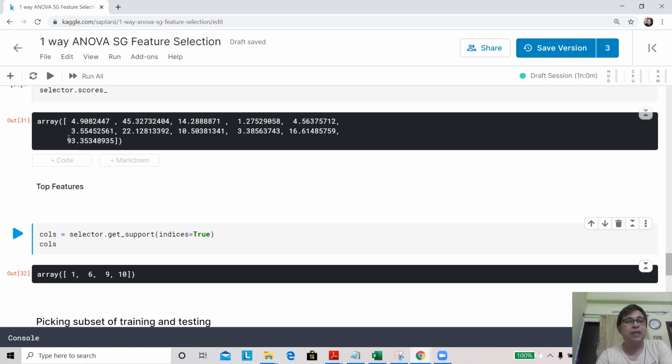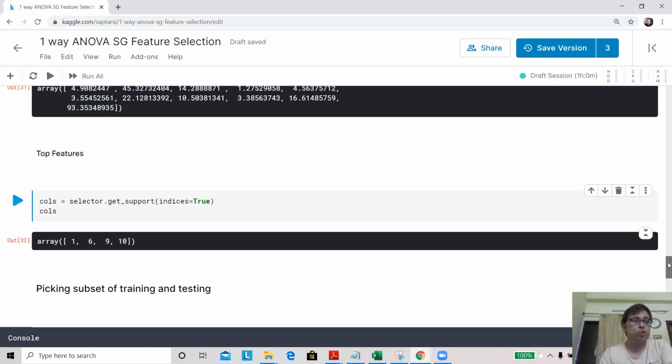You can see the 11th one is the highest one with 93, and this one is also quite high. As I said, this is the second column. So it has picked up the top 4 features which have the highest F score. That means these features give you the highest feature separability. You remember in the box plot also we saw the first feature, and the second feature had good separability, and it has a good F score also. So the visualization supports your F score intuition.